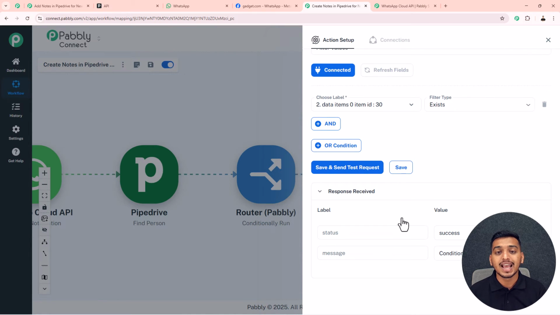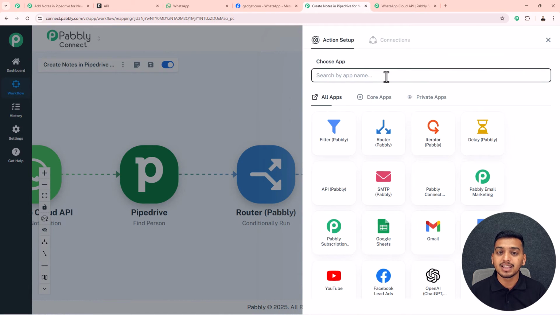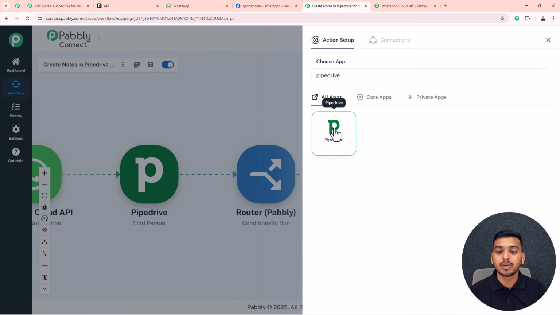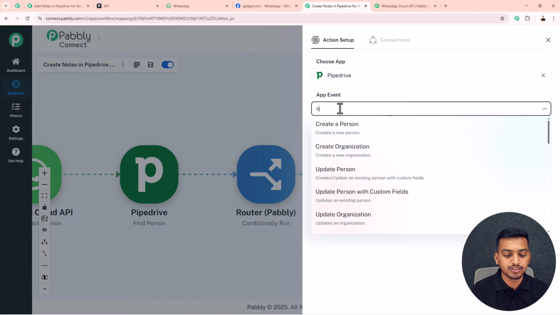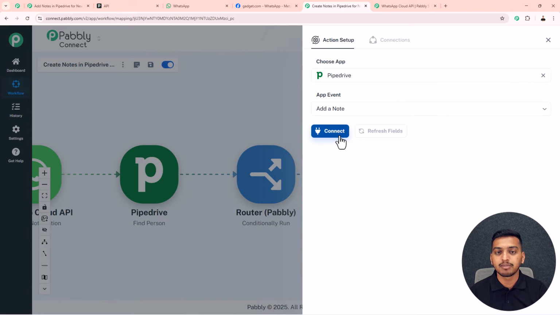And here you can see as the person exists in our Pipedrive account, that's why the condition is true. Now I will cut this from here, and in front of this particular filter I will add another action application. For that I will also search for Pipedrive, and this time I will select Pipedrive, but this time for this application event I will select Add a Note,